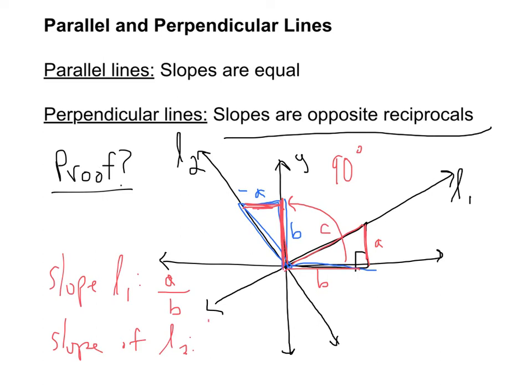So if we were to write that fraction, it would be B over the opposite of A, which could be written as the opposite of B over A. Or in other words, the opposite reciprocal. Since A over B times the opposite of B over A equals negative 1, we know that these two fractions are opposite reciprocals,